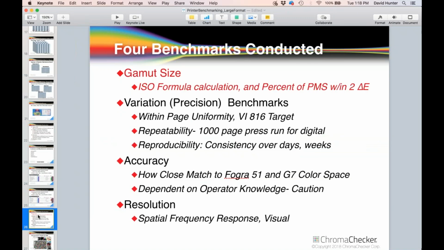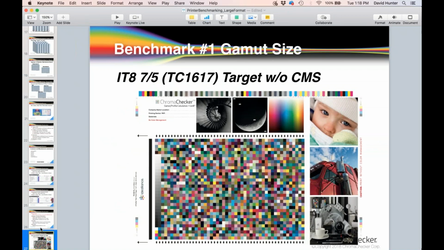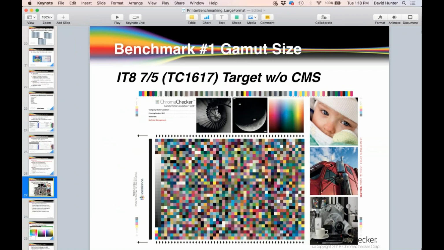So let's go into the first benchmark, which is the gamut size. For the gamut size, we use the TC1617 target, and we ask this target to be printed without color management. So on the PDF, you'll see caution, do not print with color management. And we also have that in the instruction set when you get this target to print. When you print it, you then would measure the TC1617, in this case with a device like an ISIS, or the other form you would use, let's say an X-Rite IO or a Barbieri LFP. And then once you've measured that target,